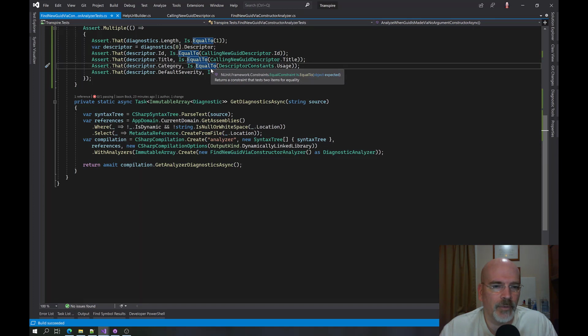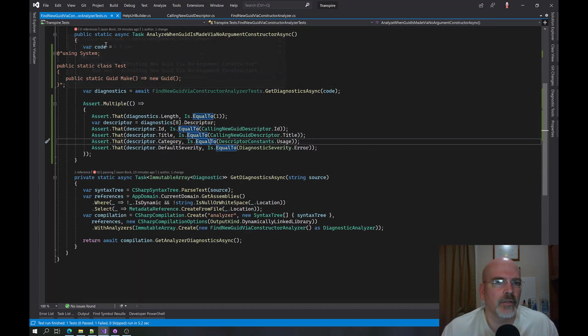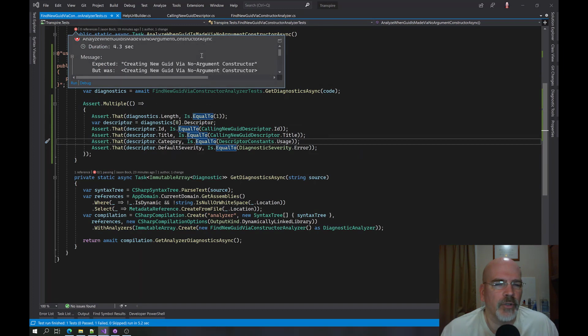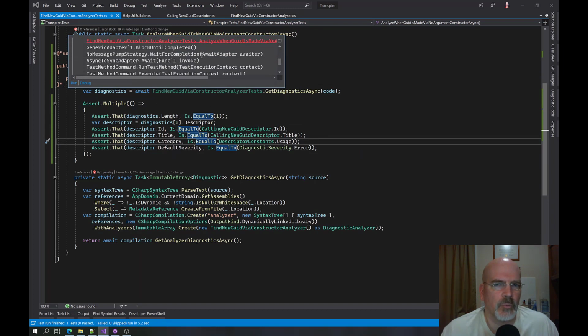I did find the problem, right. It just doesn't like the name of the ID. Is it not like a dash in it? It still doesn't like it. Expected creating new GUID via no argument, but was